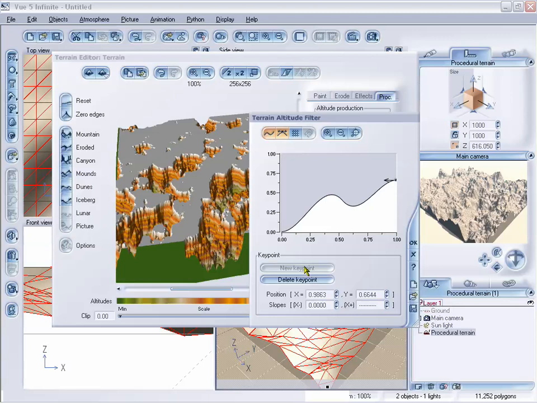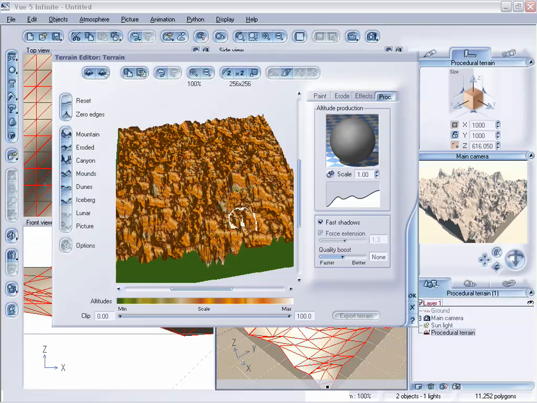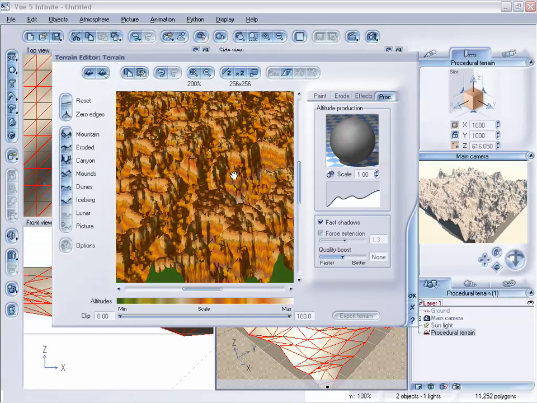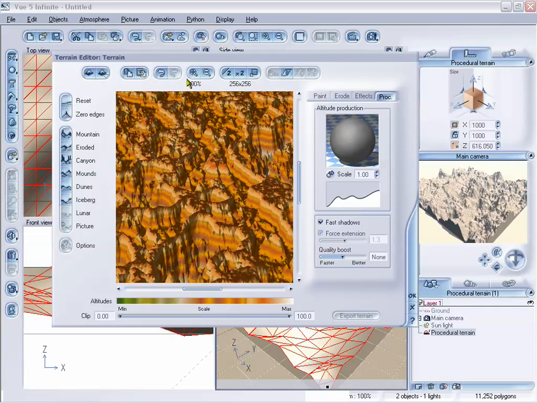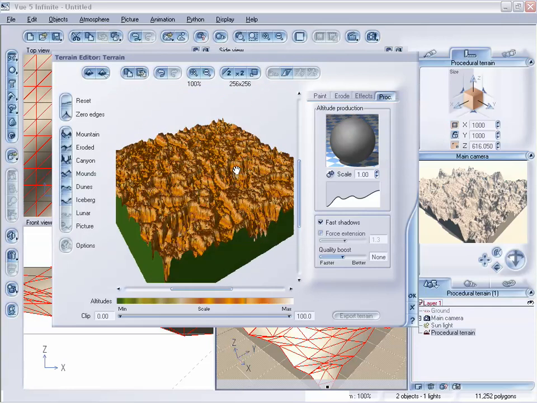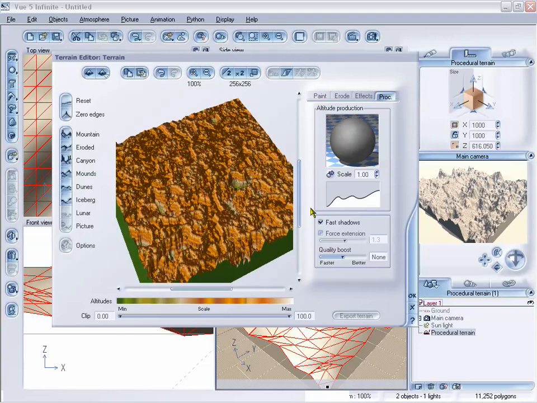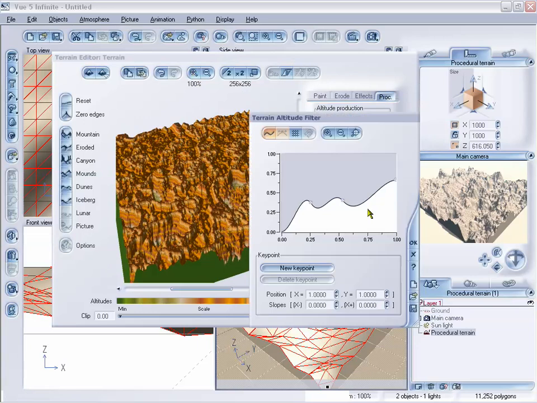And you could also add, like I said, more points. So just click anywhere you want a new point with the left mouse button, and then click New Key Point, and then you can create another one. And if you want to turn curves on or off, you can do that too, just by hitting this button. And that allows a lot more variations, because now you can see we have this real neat looking terrain, which might not be what you're looking for, but it gives you a lot more flexibility over the control of your terrains. So now I want to reset this back to the way we had it,